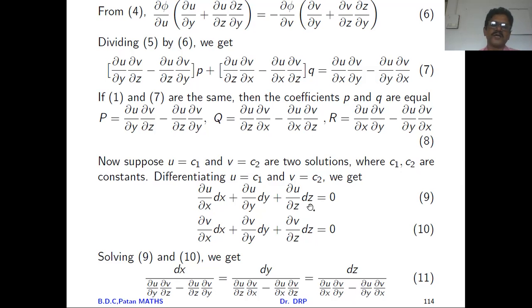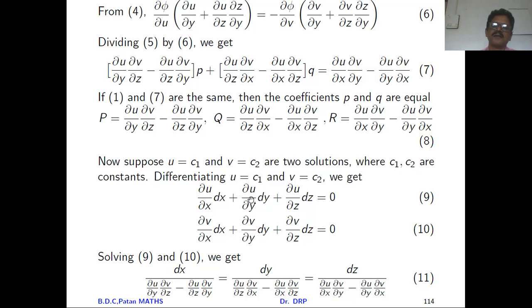So what we have to do, friends? Here, to get the value of dx, excluding the coefficients of dx from these equations, you consider the coefficients of dy and dz in these two equations, and you will get that determinant. Means dx upon one determinant. What is it? The first row of that determinant: ∂u/∂y, ∂u/∂z. Second row: ∂v/∂y, ∂v/∂z.